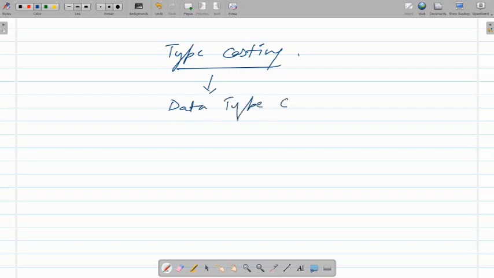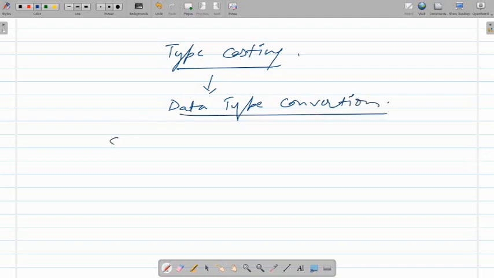Now here comes the role of typecasting. Now what is typecasting? Typecasting means data type conversion. What is data type conversion?